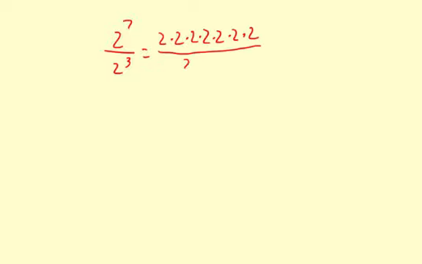So the big picture for this lesson is division properties of exponents. For example, let's say you have 2 to the 7th power divided by 2 to the 3rd power. Well, what happens? You have 2 times 2, 7 times here, divided by 2 times 2 times 2, 3 of them. Then to simplify this fraction out,